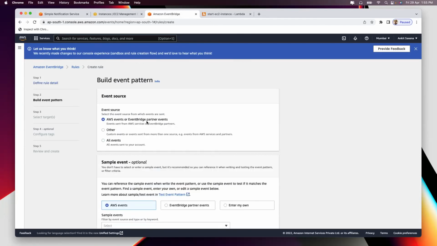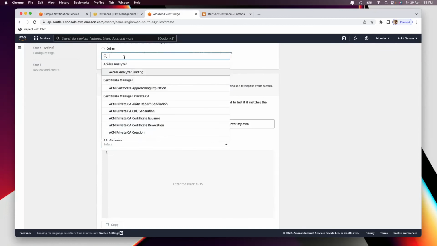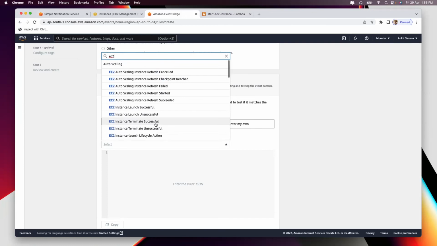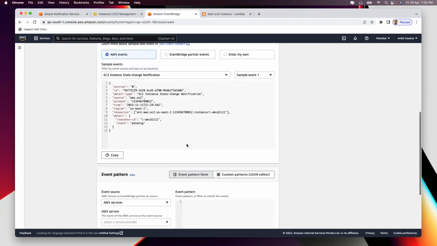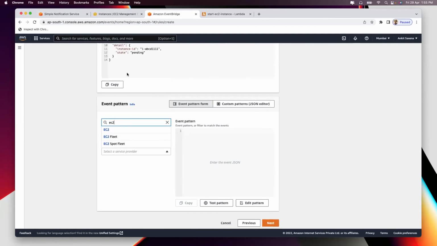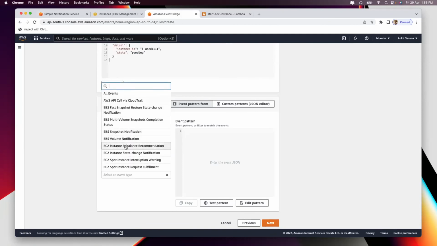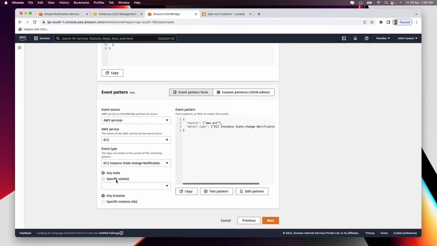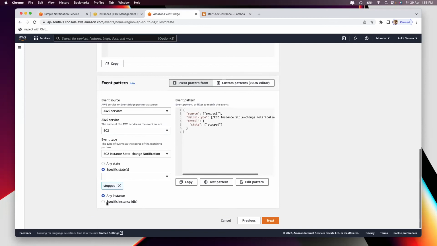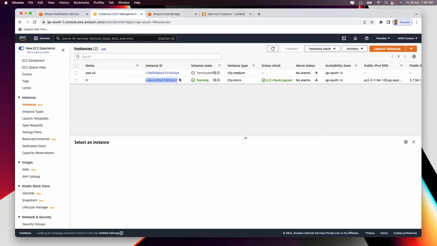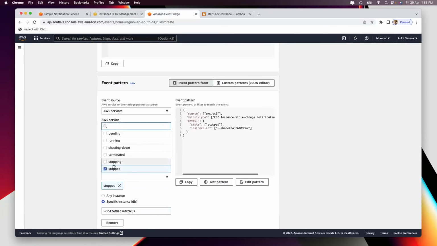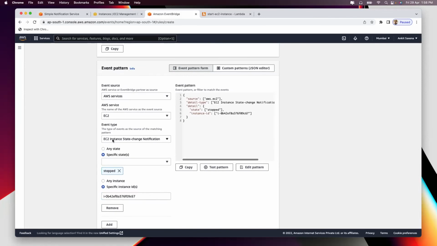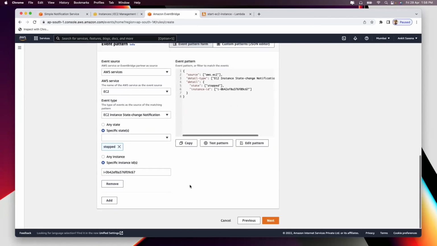So if you click on next over here now, and you say that I am listening to EC2, right? Which one? If EC2 instance there is any change. EC2 instance state change notification. So what are you looking for in case you are looking for EC2? Inside EC2, if your instance state changes, and inside that, if it goes into your stopped state, and you are looking for a specific instance whose ID happens to be this. Now, as you would have understood, you can complicate it to as many levels as you want. You can go and add whatever functions or states you want. For me, this should be good because EC2 instance change, if it goes into stopped, and this instance, in that